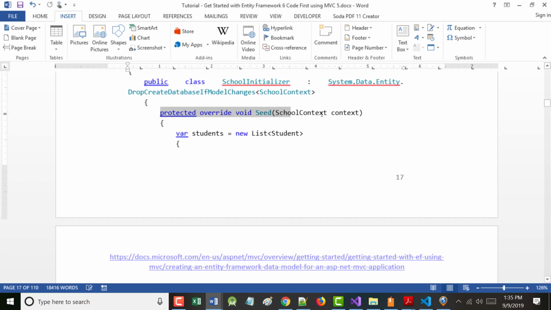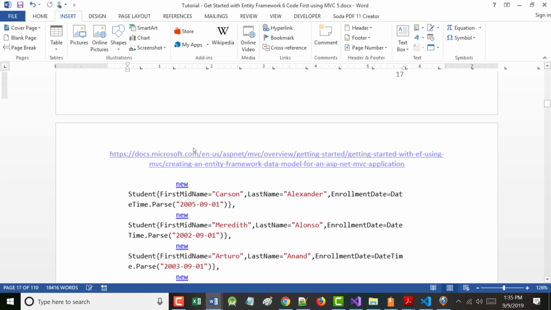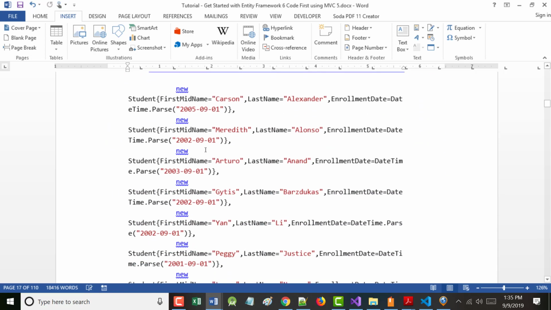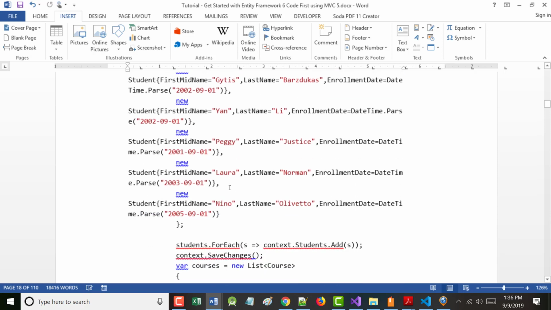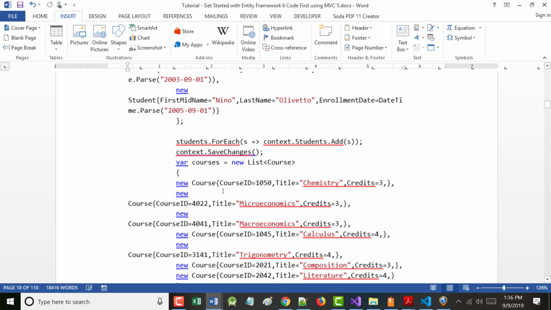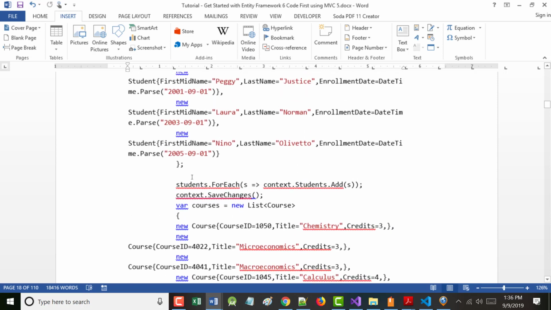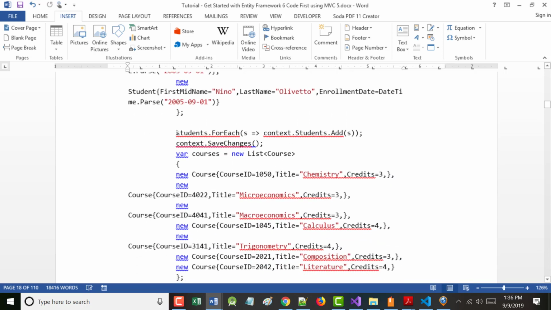This method right here is going to allow us to put all of the data in. Everybody hear what I said? It's going to allow us to put in all of the data. So notice we're saying students is a new list of students, and here they are. All right? Carson, Alexander, Meredith, Alonzo, etc. Now, the other thing is, please look up on the screen, because the author puts all that stuff in. And then the author says,